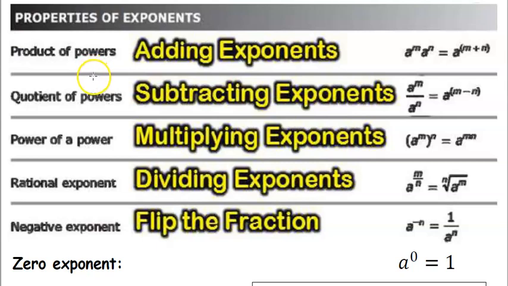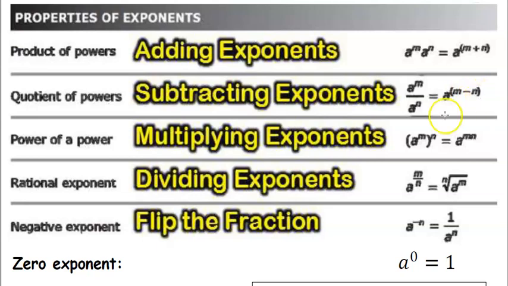If you recall this formula chart from Algebra 1, we have the properties of exponents. We have product of powers. That's where you're adding the exponents together. So we have a to the m power times a to the n power equals a to the m plus n power. We have quotient of powers. That's where you're subtracting exponents. You have a to the m all over a to the n,